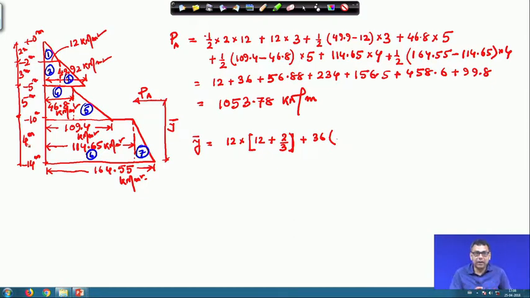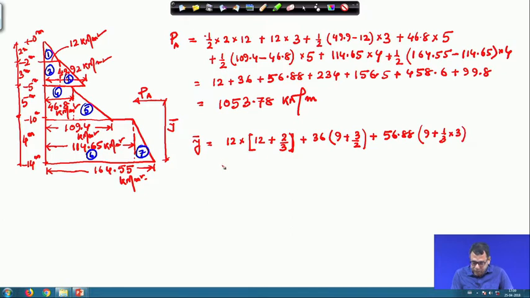14 meter high wall. So, this one is the 4 plus 5, 9 meter, then this is the rectangle of height 3 meter. So, this will be 3 by 2, because the rectangle will act at the center, half of this height, 3 by 2. Then the third part, the force is 56.88 and it is a triangle. So, it will be again the 9 plus 1/3 of the height. So, 1/3 into height is 3.